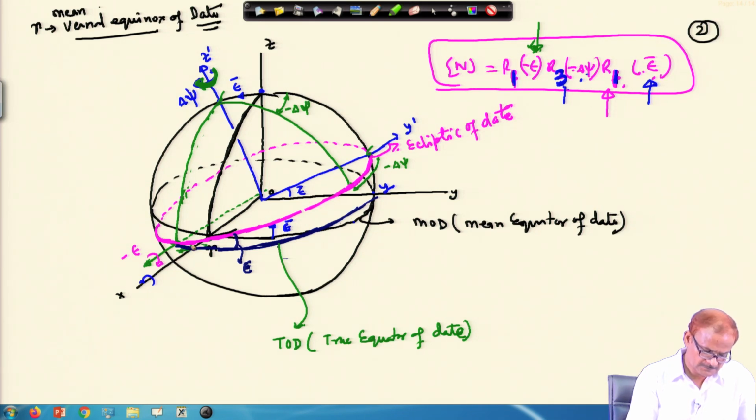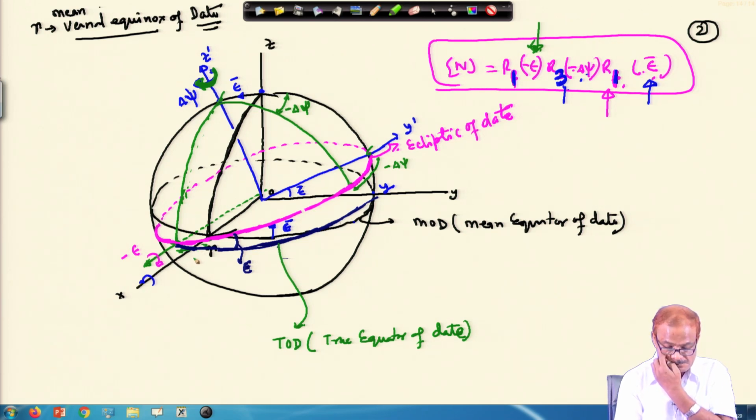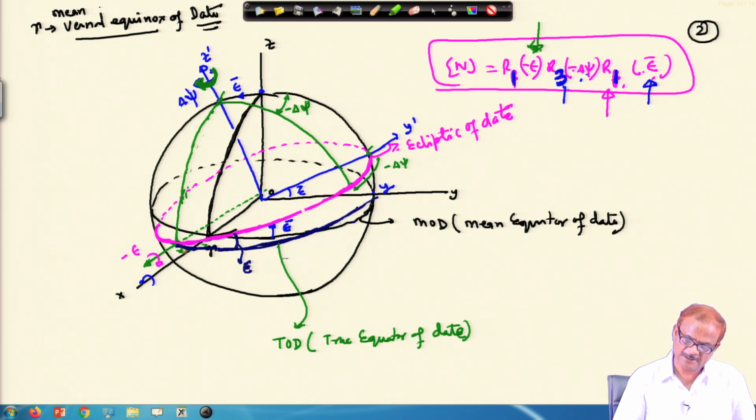So, if we see here, this is a very distorted figure actually. It is a highly distorted figure because these angles are very small. Here epsilon is around 23.5 degrees, let us say. So, this is not much distorted, but our other angles are very small, and once we draw it like this it gets distorted. So, here somewhere above this line,